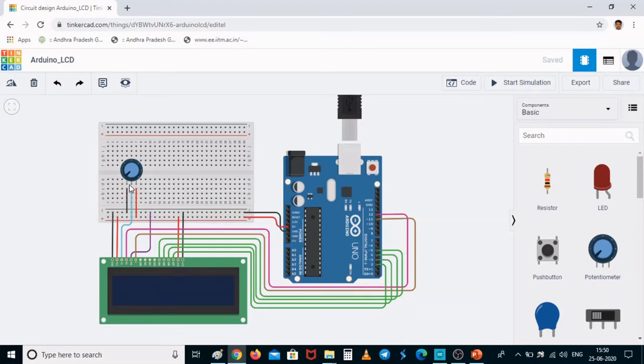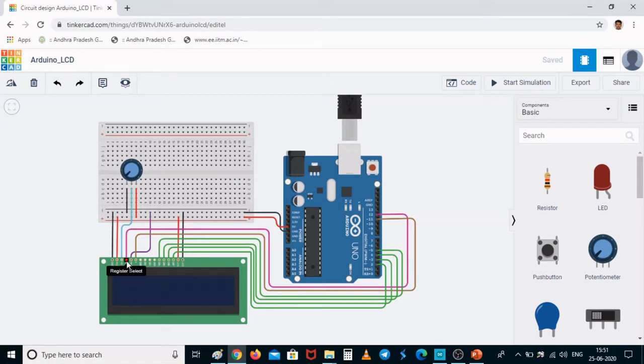And the middle one, which is the wiper, is connected to the contrast or the VO pin of the LCD. So normally we know that the VO pin, or third pin, is meant for controlling the contrast of the LCD. That is why we have connected the potentiometer, in order to control the brightness of the LCD.